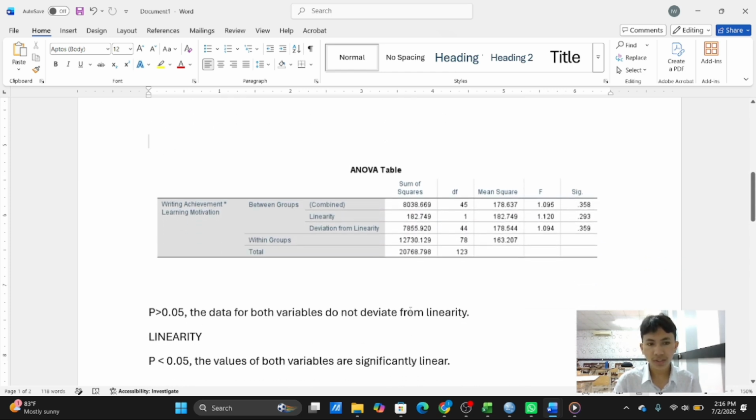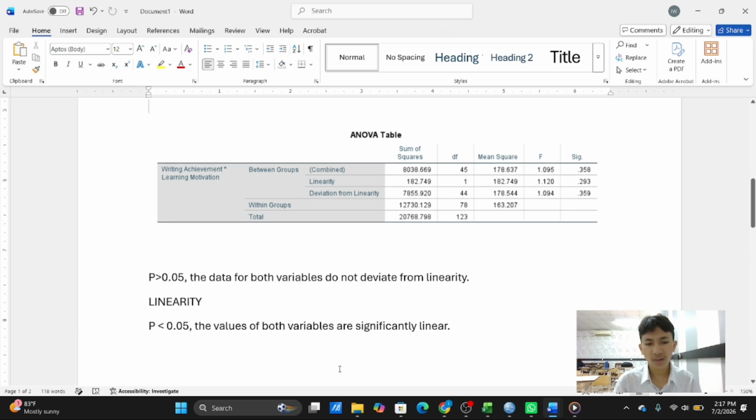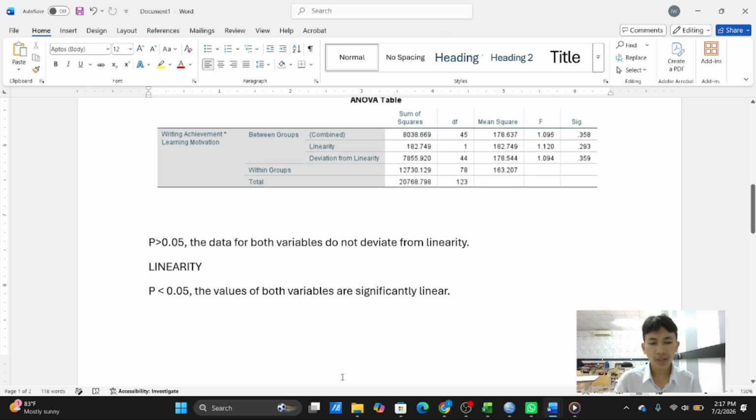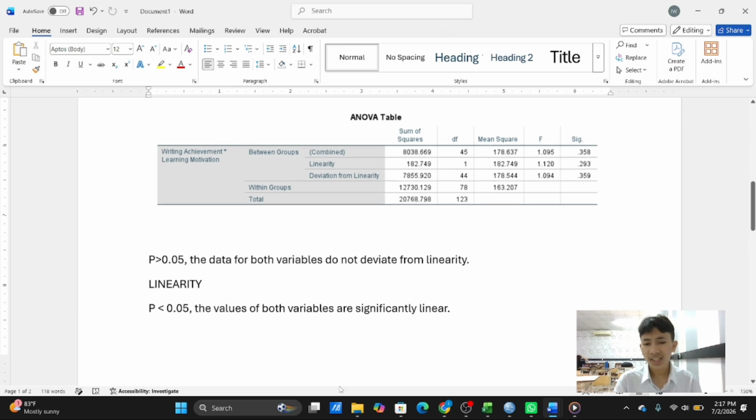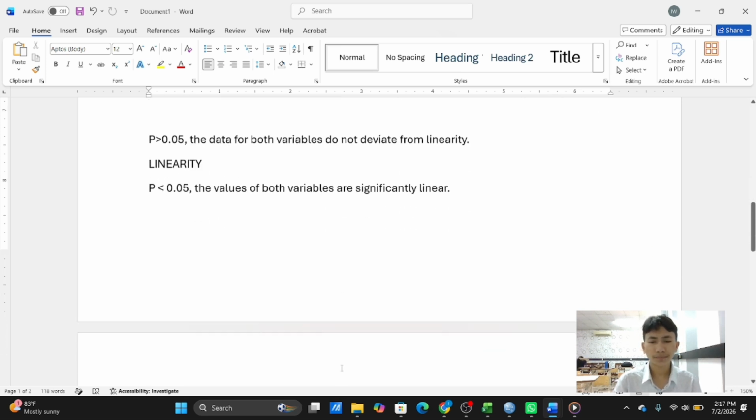And in the ANOVA table, the significance for writing and learning motivation is higher than 0.05. So the data for both variables do not deviate from linearity. And the values lower than 0.05 show that both variables are significantly linear.